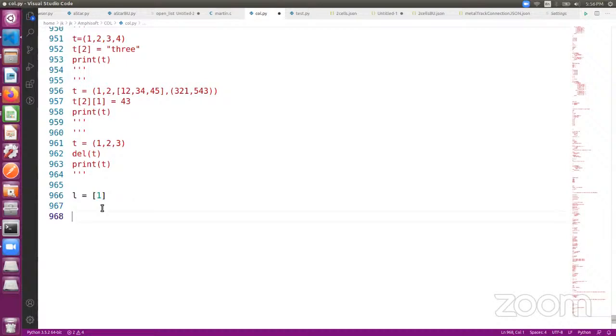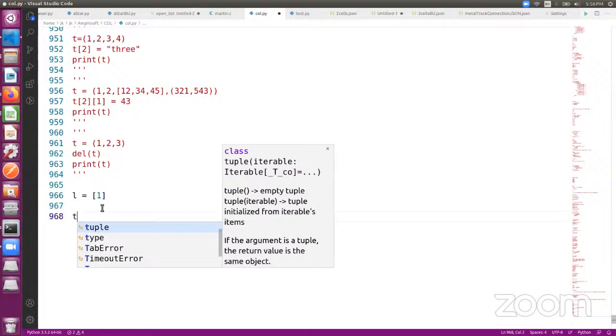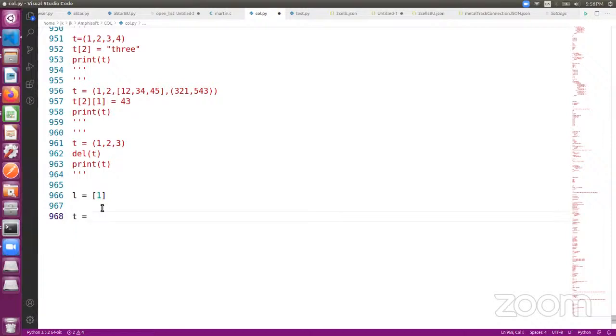Now how will you create a single element tuple? We have to put a comma after. So what does this mean? If I give just t equal to open bracket 1 and then close bracket, the output will be only one. It will not be a tuple. Normally these brackets are used for arithmetic operations, to give priority to an arithmetic operation. So this will be considered as a single element 1, which is